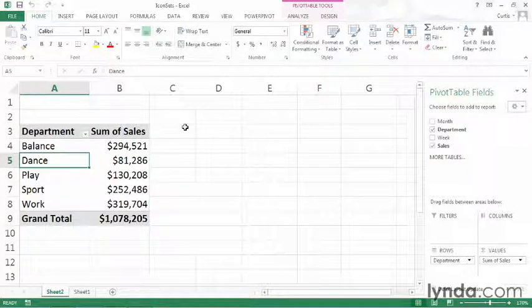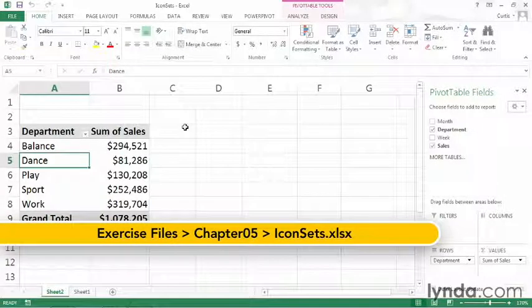If you've ever worked with a business dashboard or a scorecarding application, you might have seen icons such as traffic lights in red, yellow, and green used to indicate levels of performance. In this movie, I will show you how to add those indicators to your Excel 2013 pivot tables using icon sets. I will use the icon sets sample workbook, which you can find in the Chapter 5 folder of your